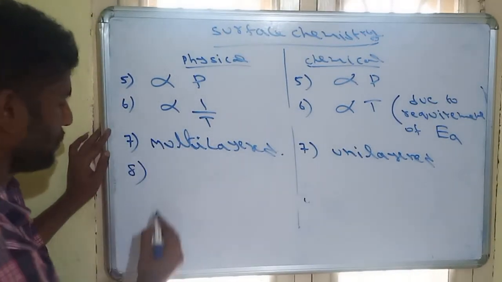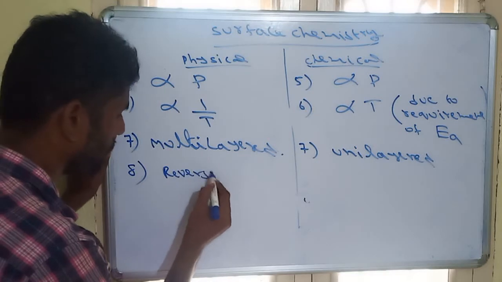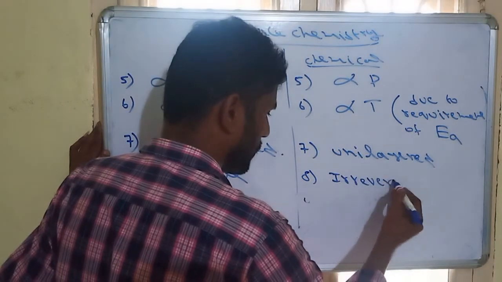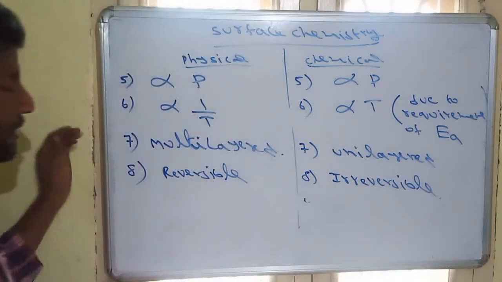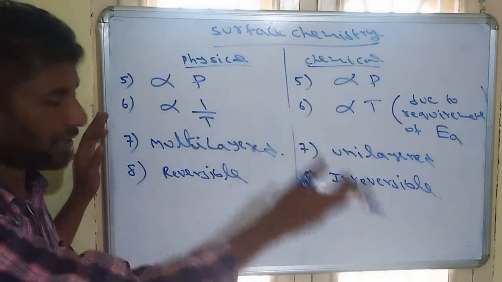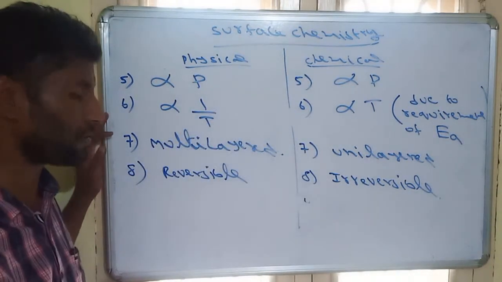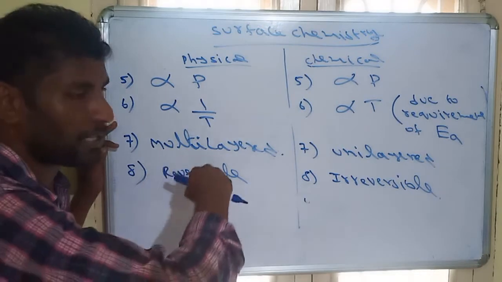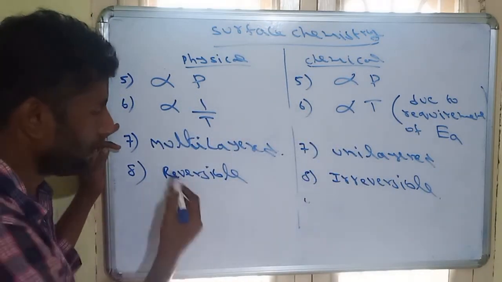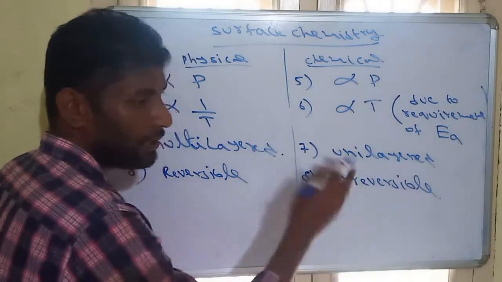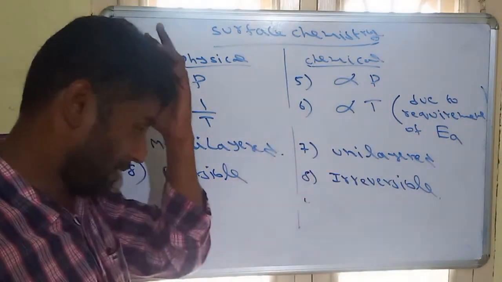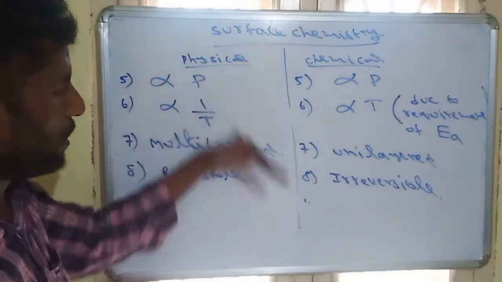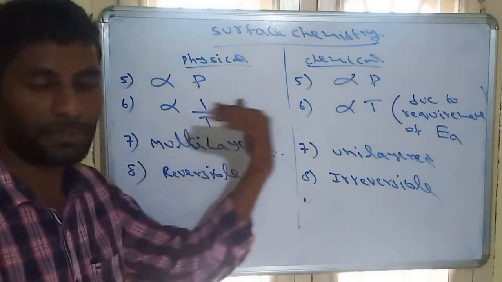Similarly, the last point is that physical adsorption is reversible in nature and chemical adsorption is irreversible in nature. Here, adsorption and desorption: desorption means removing particles from the surface of the adsorbent. Both can easily take place simply on increasing the temperature, so adsorbate particles can escape. So this is reversible. But once a bond is formed in chemical adsorption, it is not reversible even at high temperature. So this is irreversible and that is reversible. This is the most important differentiation between physical adsorption and chemical adsorption.